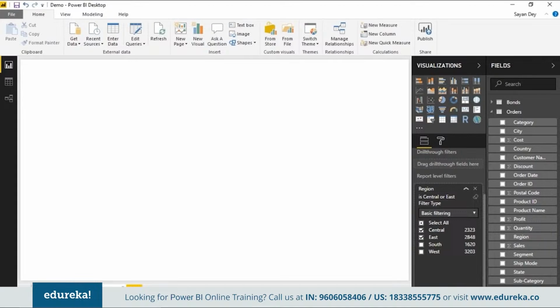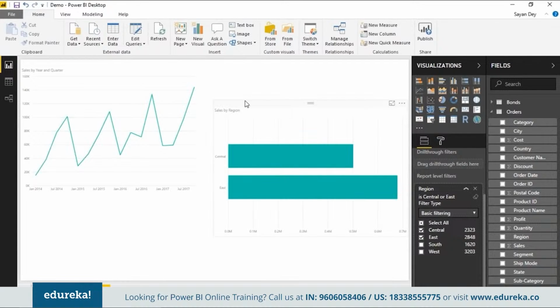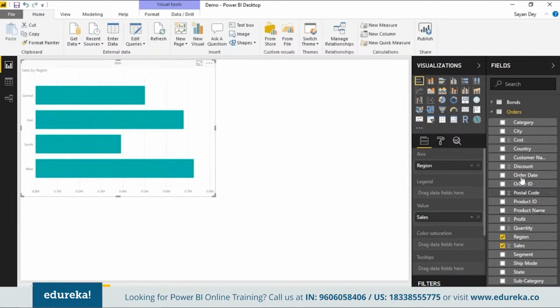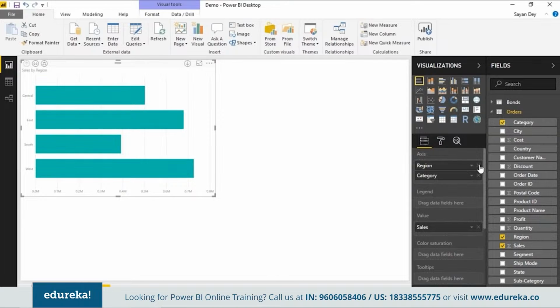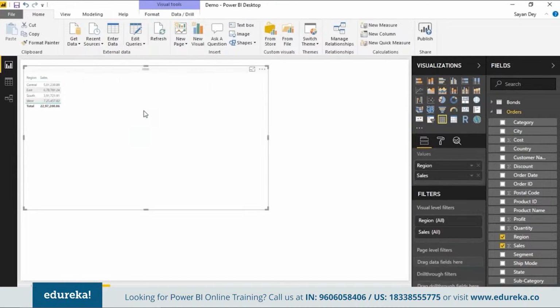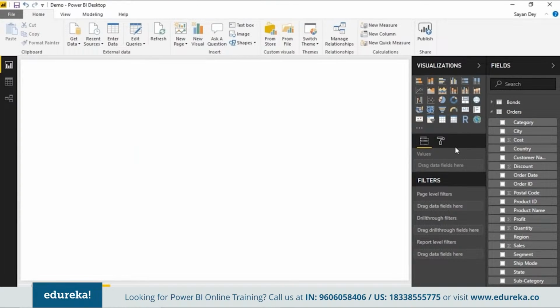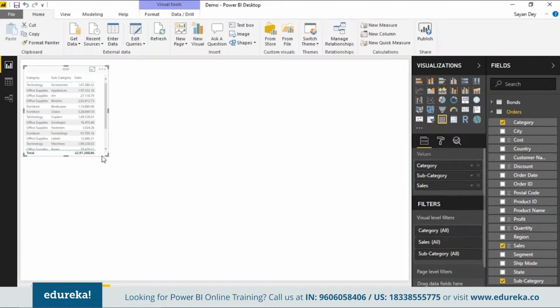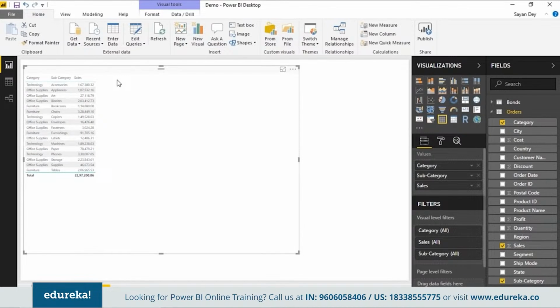Okay, and finally, we call it a drill through feature, which you can use, the drill through filter, to basically work on drill through reports. So let's say you have a scenario where you have categories. So instead of region, let's say I have categories here, and I can build another use case in page 2. Let's say I have a scenario where I have subcategories. Okay, so here I'm having subcategories and categories, of course. I'm looking at category and subcategory by sales. Very simple report type I'm looking at. It's a detailed view.